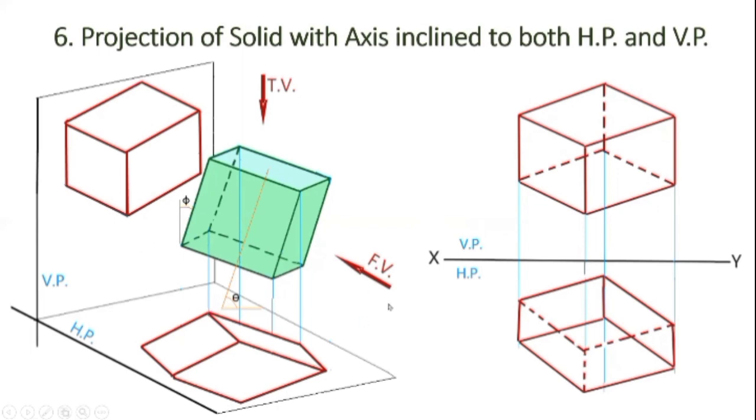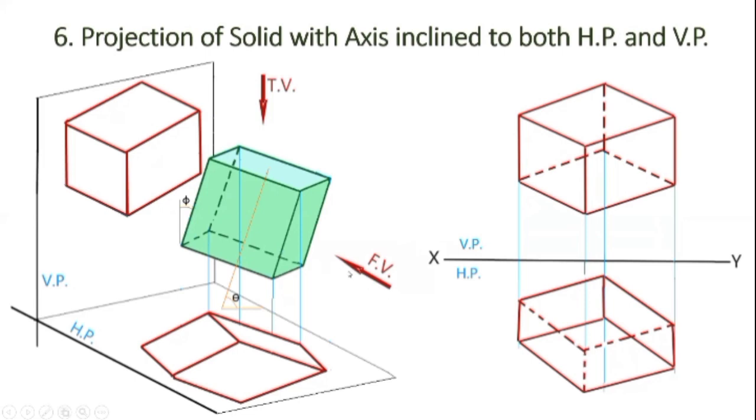So when we look from the front view, on extending all the points on the vertical plane, we get the front view, and looking from the top view, extending all these points on the horizontal plane, we get the top view. Then we will draw these two views in the orthographic view. So we get front view and top view.